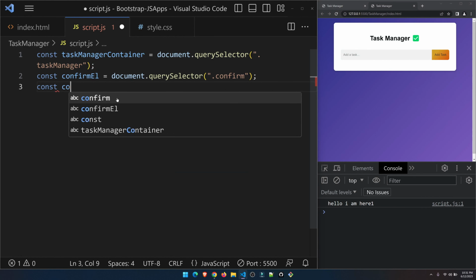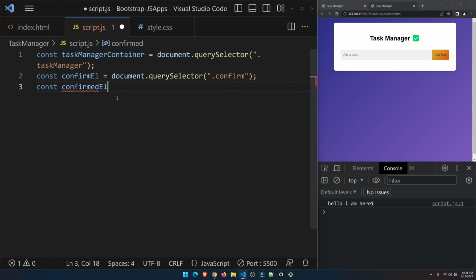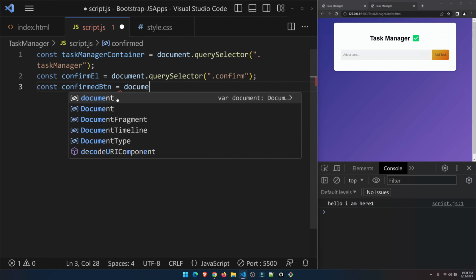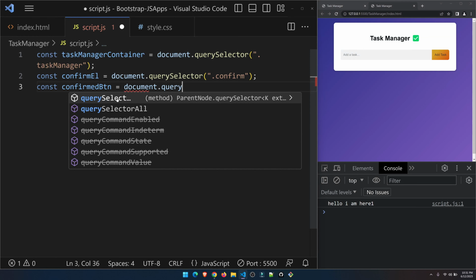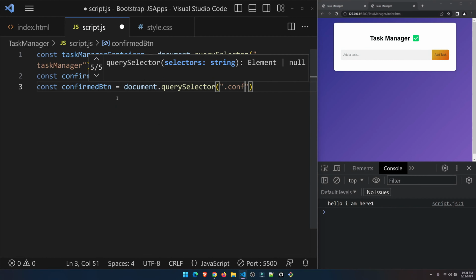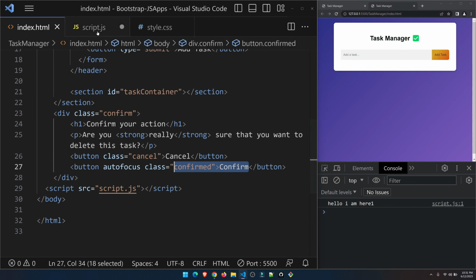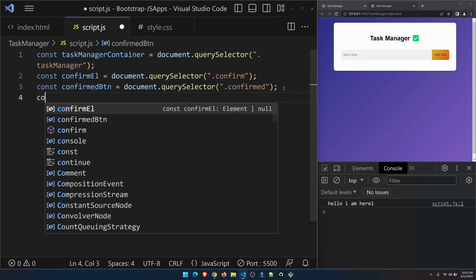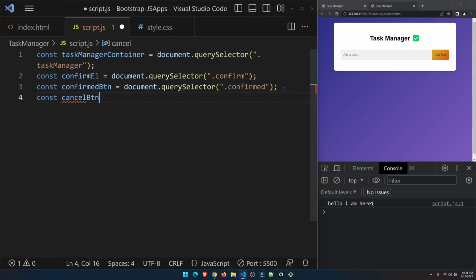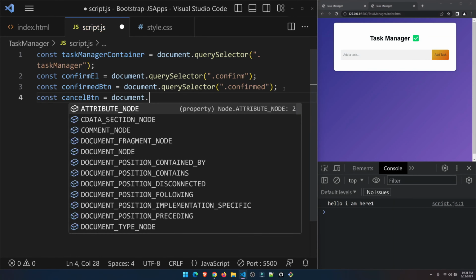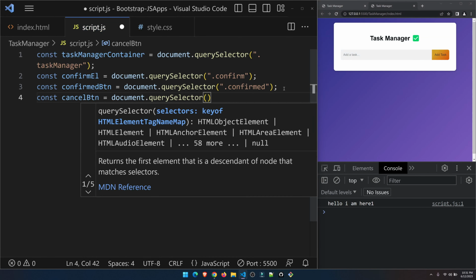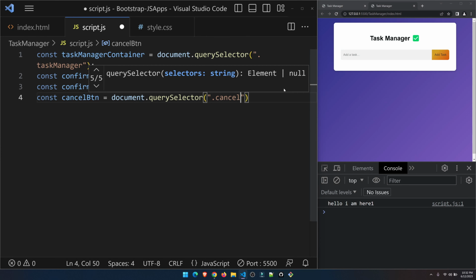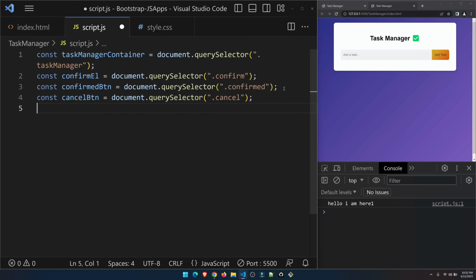I will assign it to a variable, we can call it confirm button, document dot query selector confirmed, right? So yeah, it's confirmed. Now another one is cancel. So we will also access const cancel button as document dot query selector cancel. Okay, now that we have it,